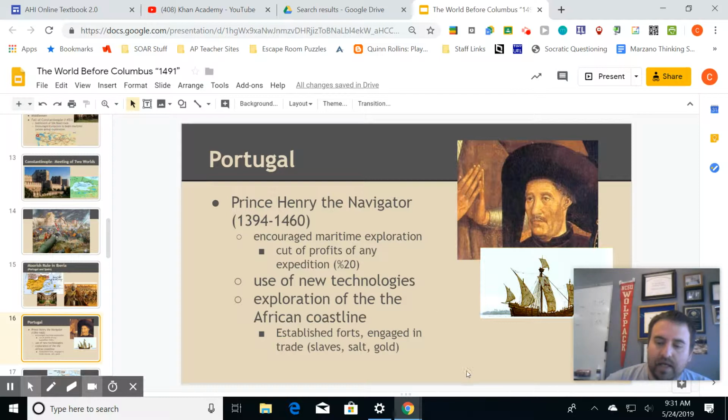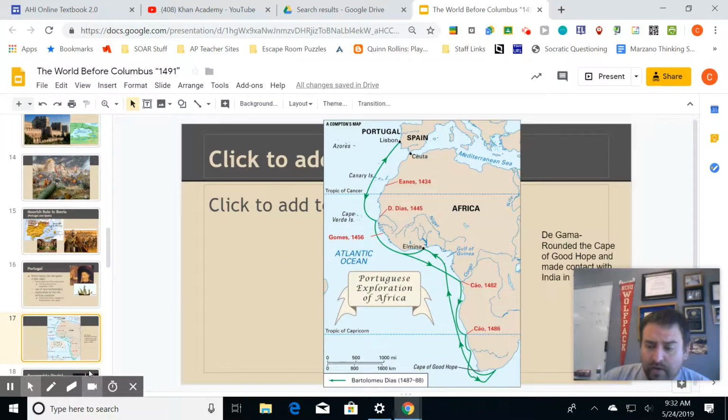The other one's going to be the caravel, and this is based off of an Islamic ship design, not the ship's hull, but this triangular sail works just like an airplane's wing, where it can actually go against the wind and it will pull itself in a direction. You can imagine that's going to be a big deal. You don't have to worry about going where the wind wants you to go now. You can fight against the wind. Right, so this is what happens with their colonization and then their sailing.